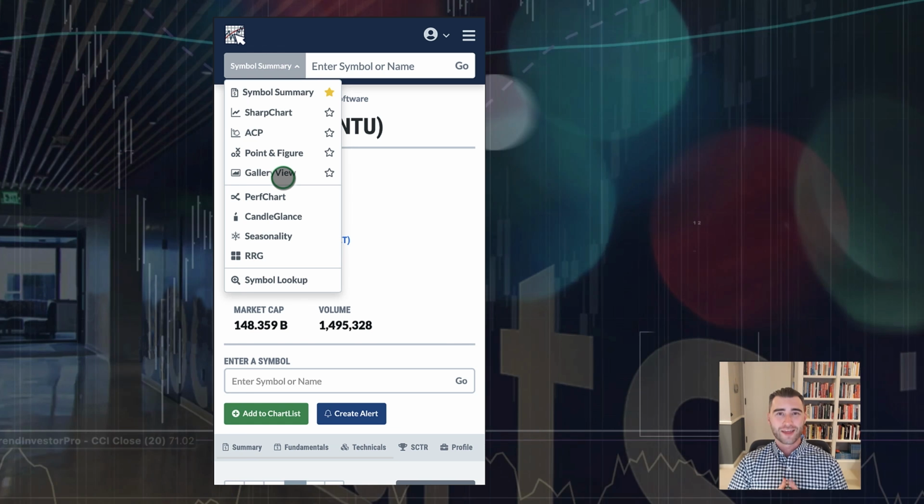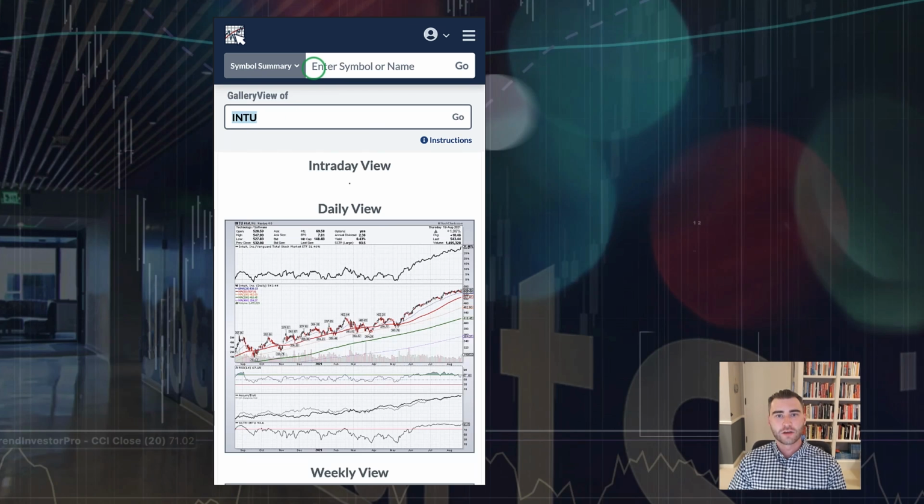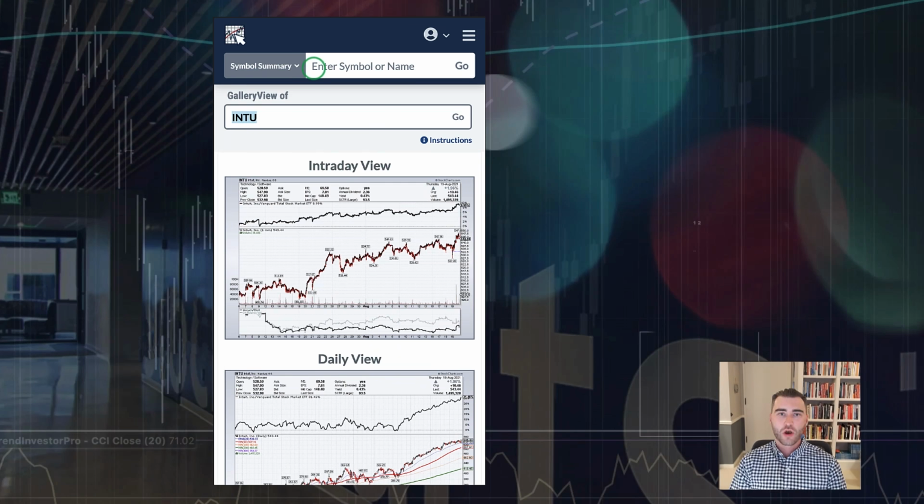This is actually one that I love to use, one of my stops when I'm on the go from my phone looking at charts. Instead of having to go over and pull up the full featured SharpCharts workbench, I can actually just jump over to GalleryView. So this is another one that you can actually star. As we're going through this, keep that in mind. If you do think that GalleryView is a great fit for you on your phone or on your tablet, this is actually another one that you can star. But we'll select this from the menu and we'll actually do Intuit again. So I'll type in INTU and I've jumped us now over to our third and final stop on today's tour,